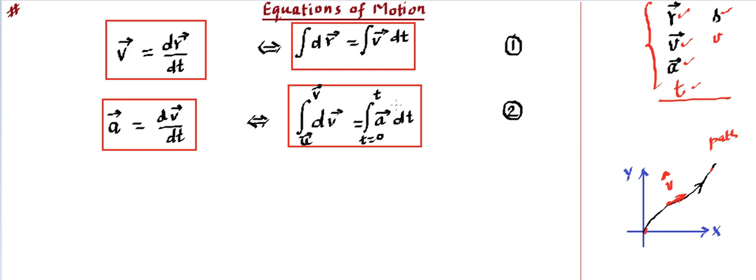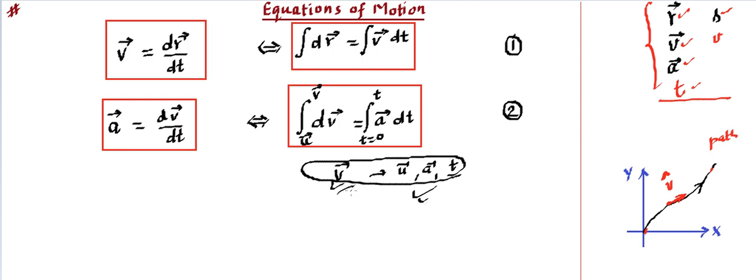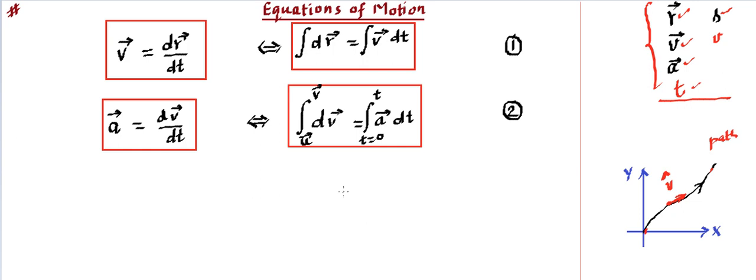So that becomes a definite integration, and you do not require any constant, and it will give you a relation. That means it ultimately gives you velocity if you know the initial velocity, acceleration and time. So that's how it is linking, right? If you know these quantities, you can calculate the velocity at any instant of time of that particle or the body which is moving, or of which motion we are describing. In this equation we do not require the limits. The reason being it's a differentiation, it does not require the limit.